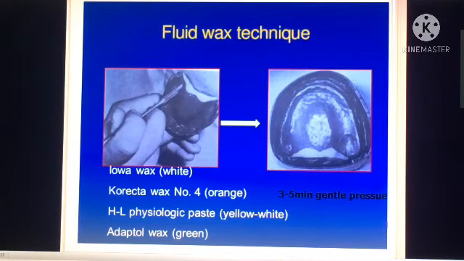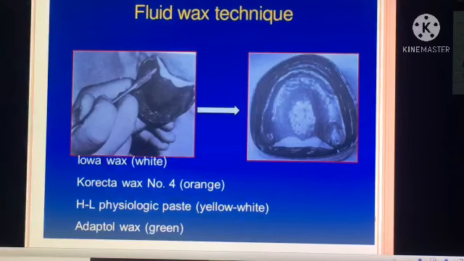The pressure applied is 3 to 5 minutes of gentle pressure followed by 2 to 3 minutes of firm pressure in the mid-palatine region. Once properly recorded, remove the secondary impression and make sure that the anterior and posterior vibrating lines have a feather edge. It should properly merge with the remaining area. This you have to take care of during the conventional technique also. If the wax has extended beyond the vibrating line, or further posteriorly, you can remove it using a hot scalpel.